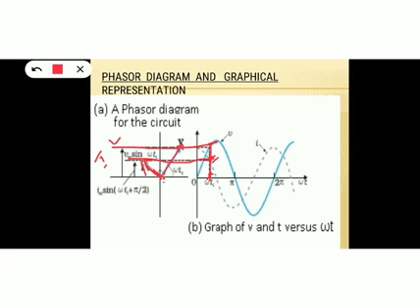Okay. And here again, the angle between current and voltage phasor should be pi by 2 because the phase difference between them is pi by 2. And from this phasor graph, it's very clear current phasor leads the voltage phasor by a phase angle of pi by 2. So this is our current, this is our voltage, and current is leading voltage by a phase angle of pi by 2. And both the phasors are capable of rotating through the phasor plane by an angle of omega t1. Okay.